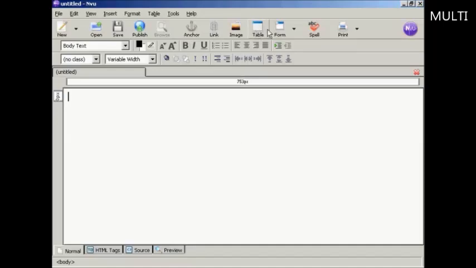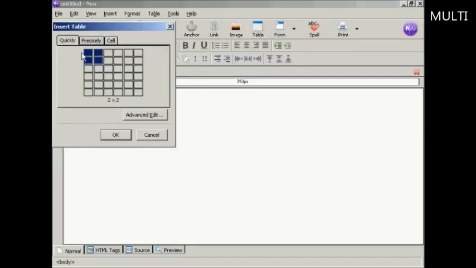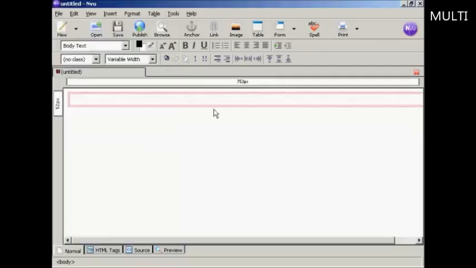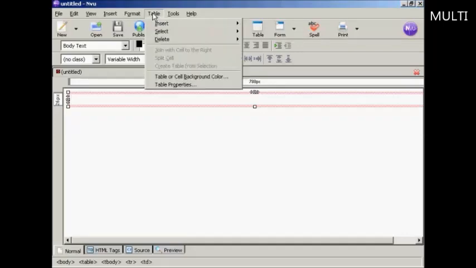So come up here to Table and click on the icon. And I only need one cell in this, so I'm just going to click here. And there we go, it's set up. Now I need to change the attributes, so click once inside the table, come up here to Table and then Table Properties,